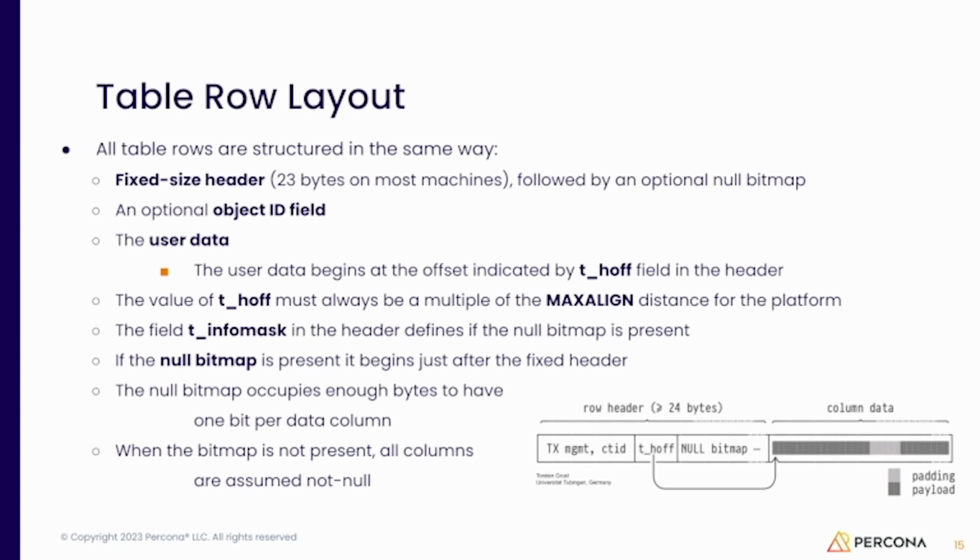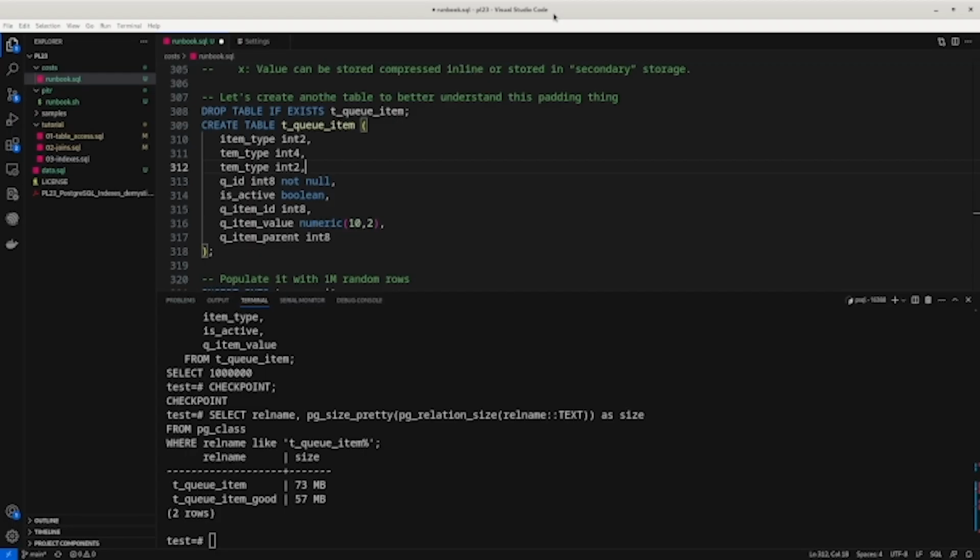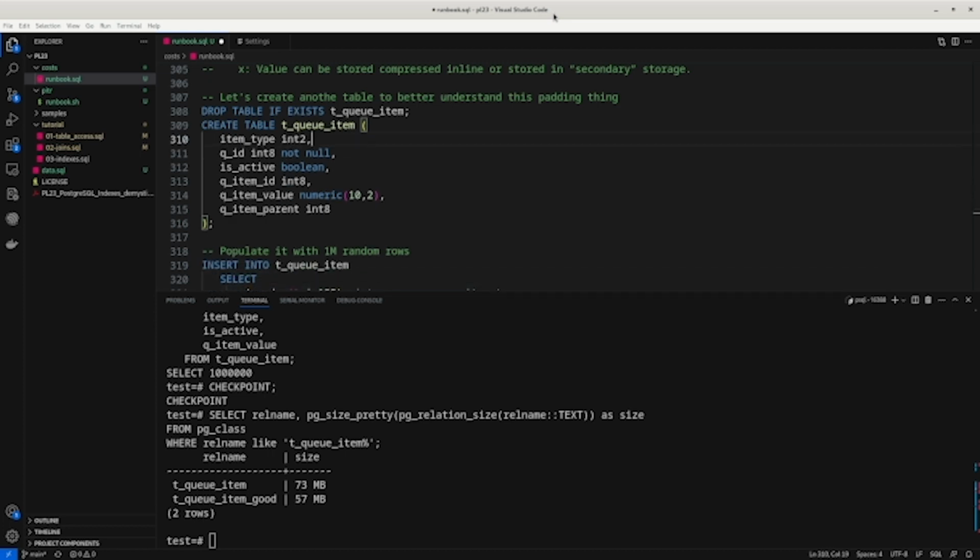So how does Postgres store null? See this bitmap here? Postgres creates a map of all the columns that we have in the table. In this example, let's come to the beginning, we have 6 columns here.